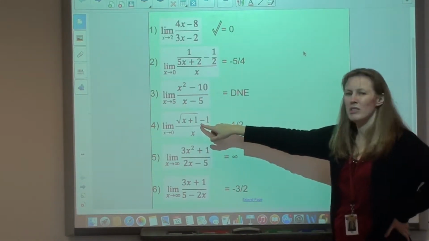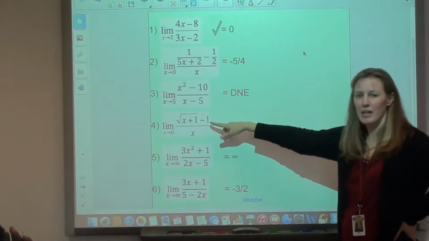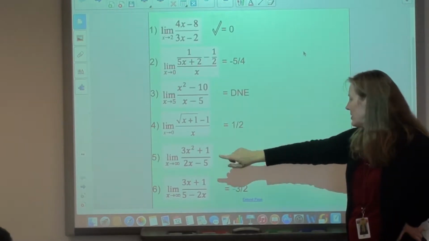This one, how do you do this one? Right, you got to rationalize. So you have to multiply top and bottom by the conjugate. This one,